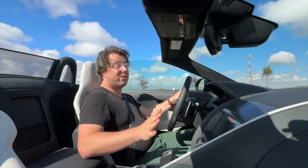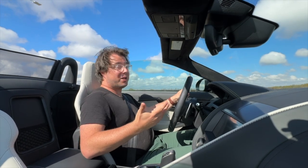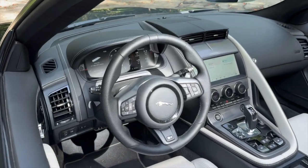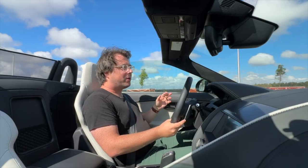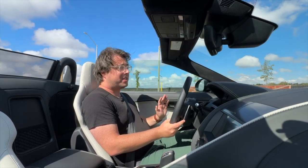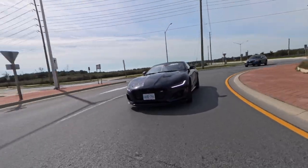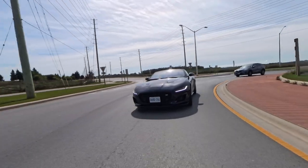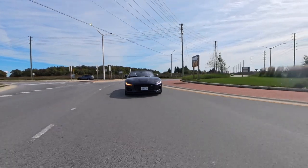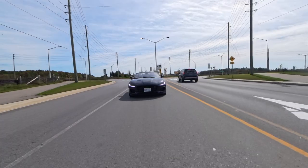It's a testament to the inherent rightness of the ZF autobox that even today, it matches up pretty well with what you can get elsewhere in the class. Okay, it's a little jerky when I'm manually downshifting, but otherwise, it's still a peach. If I leave it to its own devices, the gearbox never sets a gear wrong. The steering is also pretty good. It's not as feelsome as a Porsche or as quick and direct as a BMW, but the big steering wheel does have a good amount of weight, and you can lean on it enough to get a general idea of what those front tires are